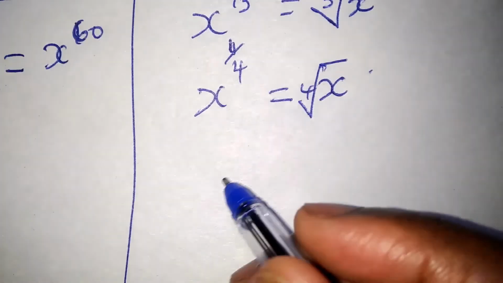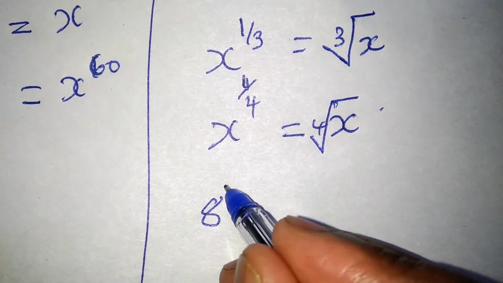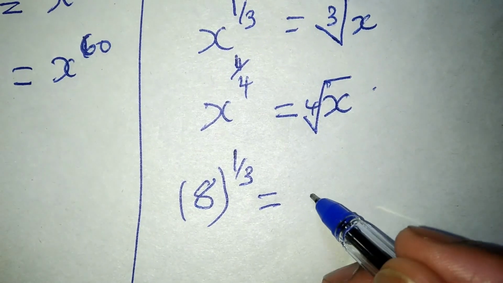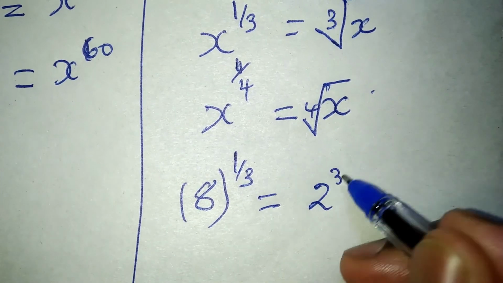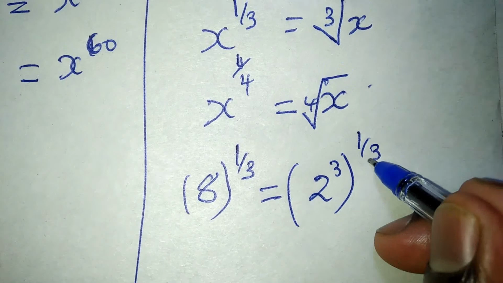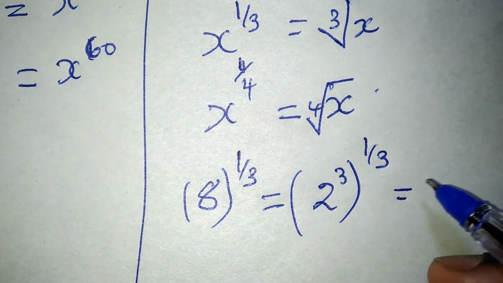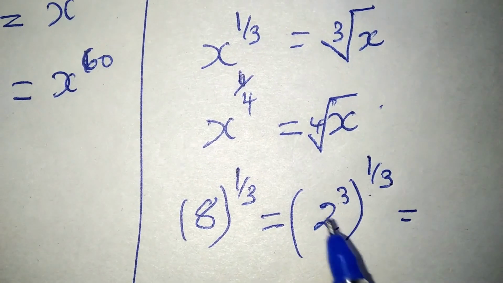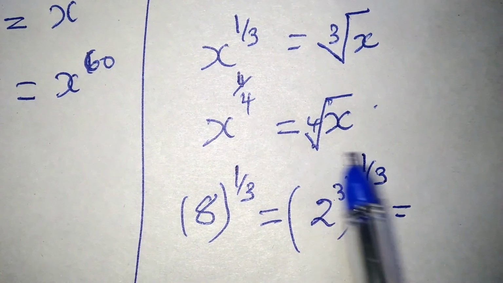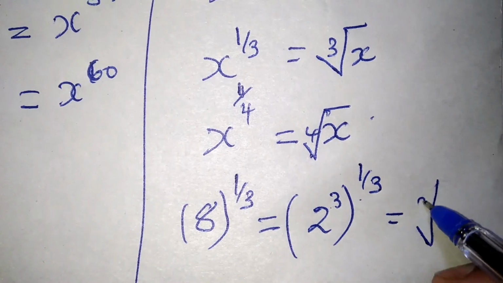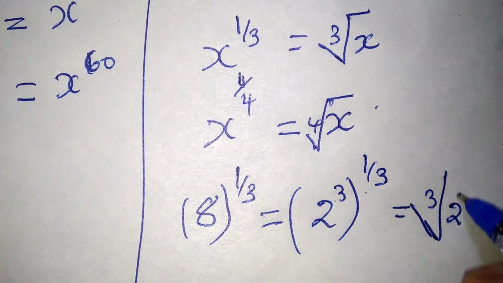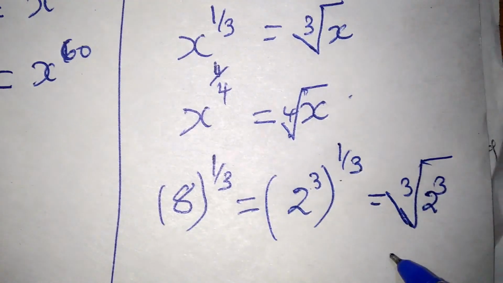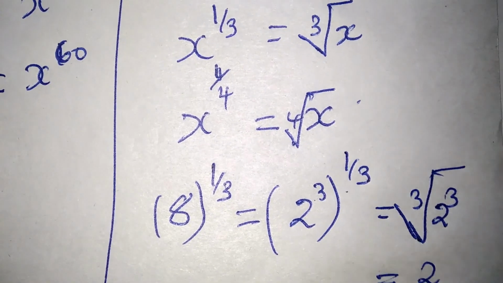And so let's use a number. 8 raised to a third can be written as 2^3 raised to a third, and as I said earlier, you can open the bracket by multiplying the power, but because we want to follow this example up here, let's say this is the cube root of 2^3. And what you can be sure about is that the cube root of 2^3 is